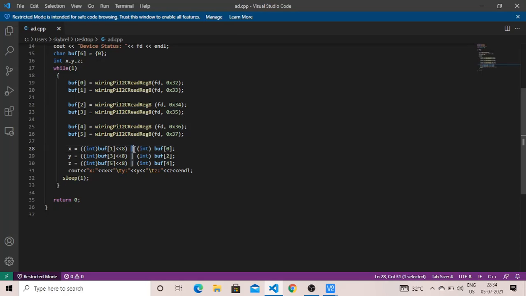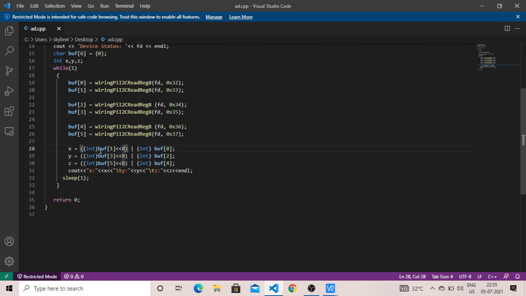If you see the left hand side of this OR operator, I put int buff index number 1 and this shift operator and then 8.